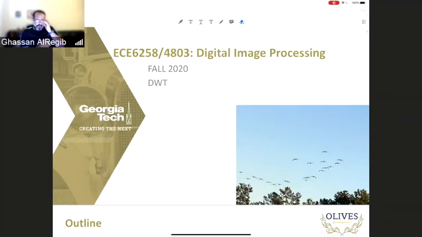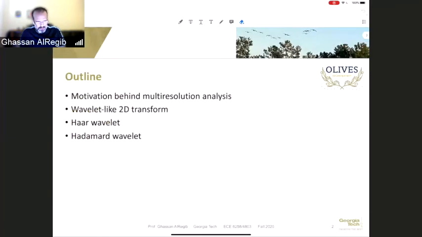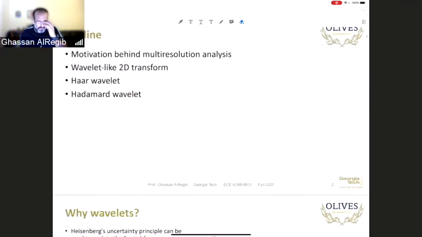Okay, so today we'll talk about wavelet transform. It's really the very foundational, the very basic multi-resolution decomposition of images. And we look at the basic Haar wavelet and the Hadamard wavelet, and then the Walsh-Hadamard